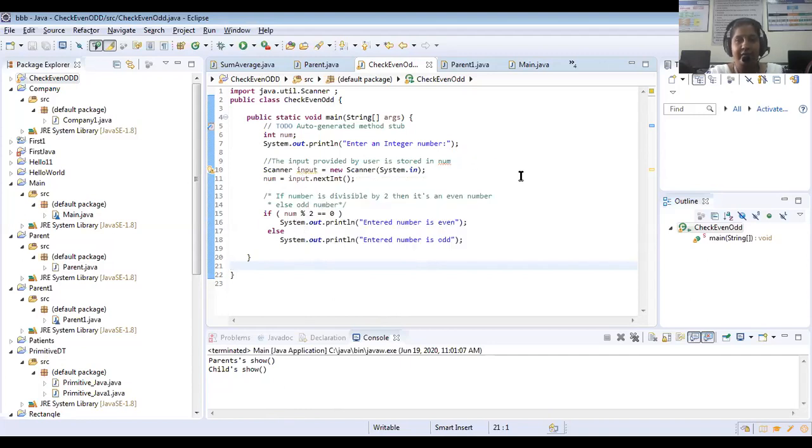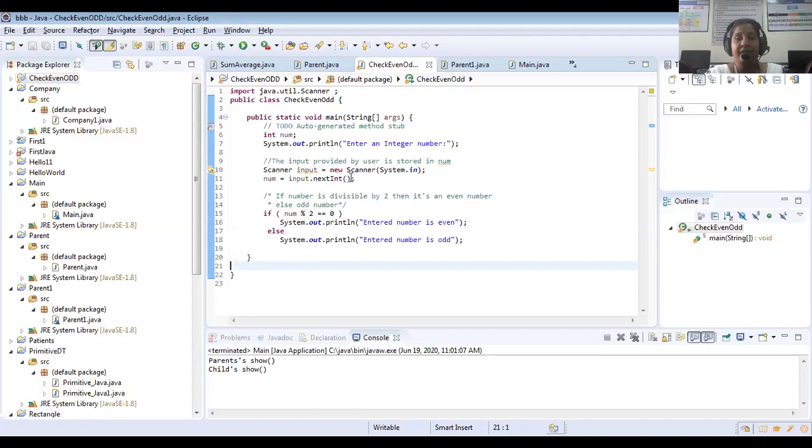In the last examples we have discussed, I gave x equal to 30 directly in the program, and we just saw the output for that if statement. Now I'm going to give the values through the keyboard. For that, you need one class. I already told you Java has a number of libraries which have a number of classes, and the classes have their own methods. So here we are going to use one class, that is the Scanner class.